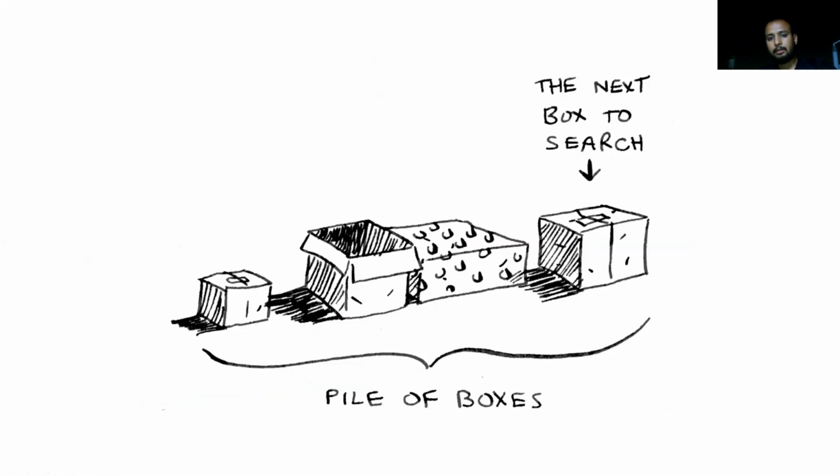And if the fourth box does not have the key, you will now open the fifth box, sixth box, in this way. So basically you are doing the same work. What same work are you doing? Opening the box again and again. This is recursion, I mean, doing the same work with different parameters.